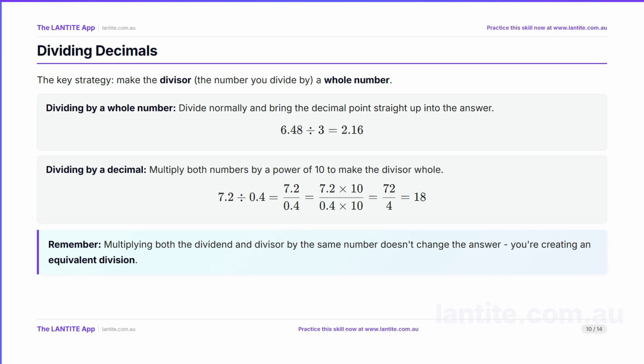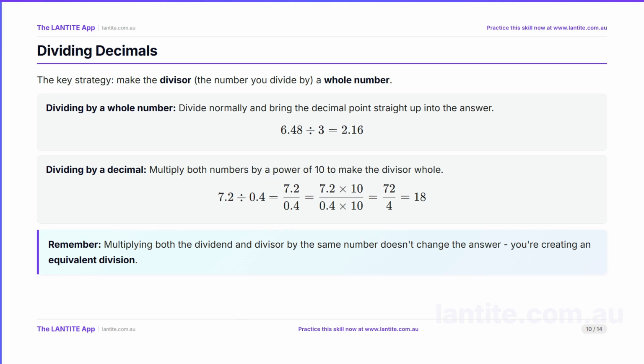3 goes into 6 twice. 3 goes into 4 once with a remainder. 3 goes into 18 6 times. The answer is 2.16. If the divisor is a decimal, multiply both numbers by 10 or 100, or whatever power